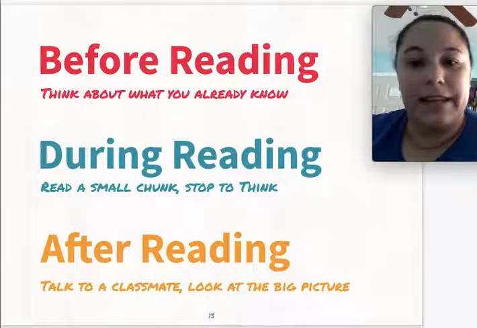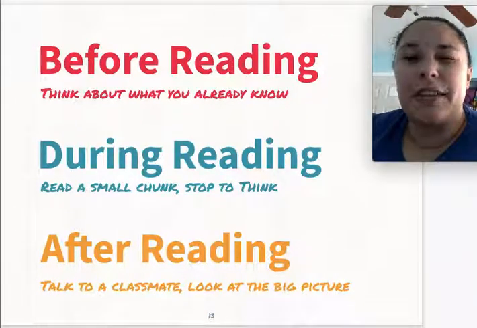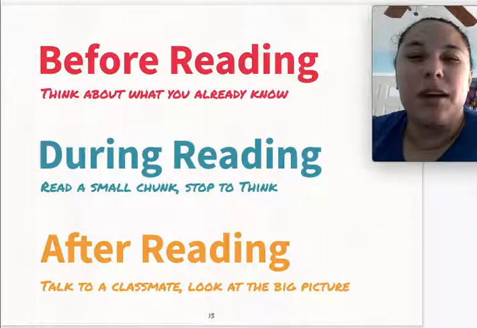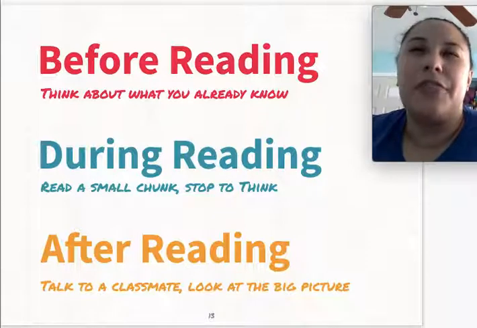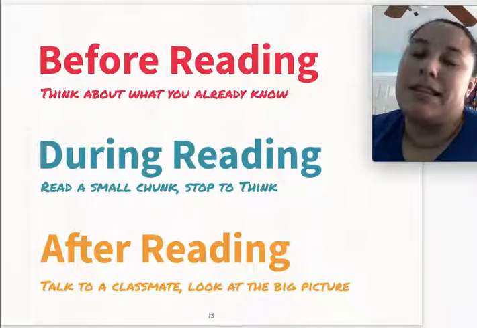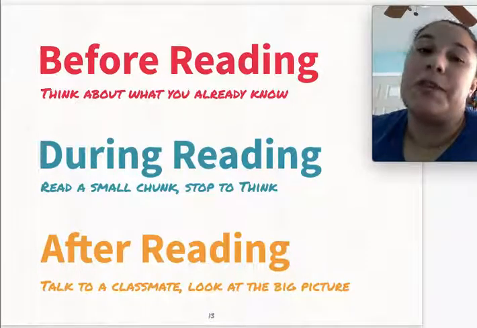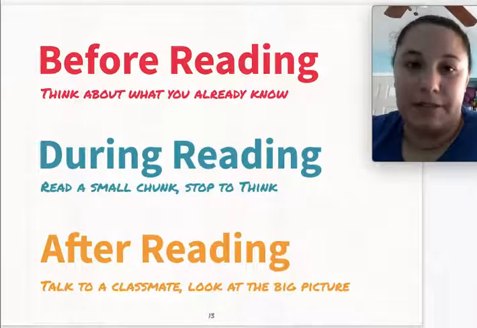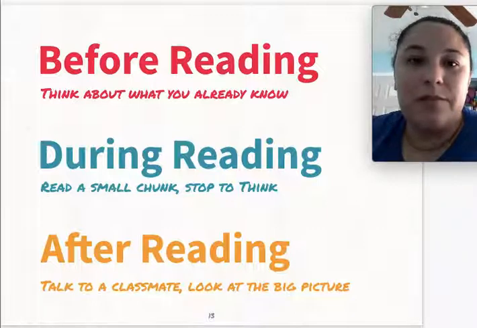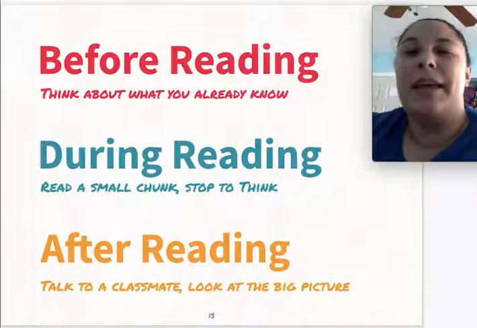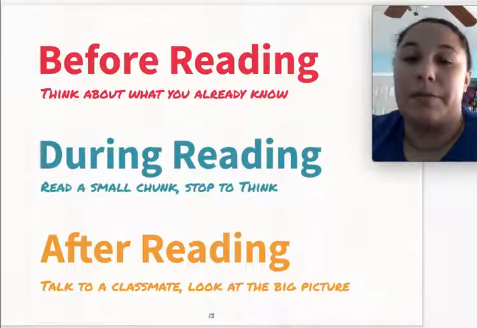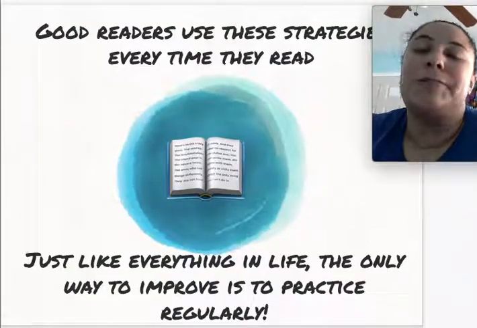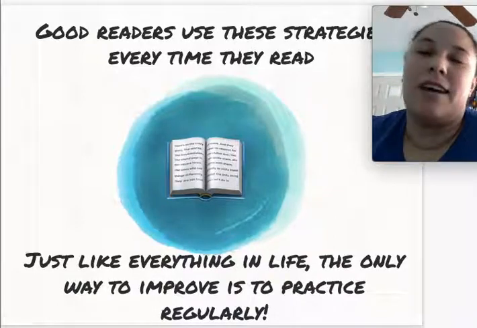So remember, when we're reading, before you read, you're going to think about what you already know. During reading, you read a small chunk and then you stop and think about what you're reading. Many times you'll have a partner or you'll have a group so you can talk about what you're reading with your group. And then after reading, we're going to talk to a classmate and we're going to look at the big picture of the story, put things together to make our own opinions and our own ideas about things. Okay? So every good reader uses all of these strategies